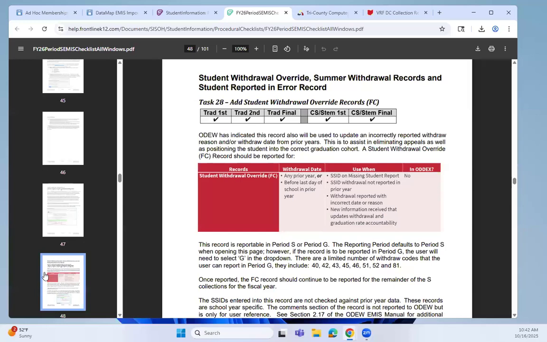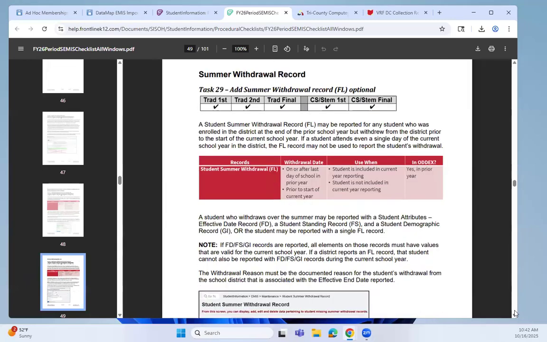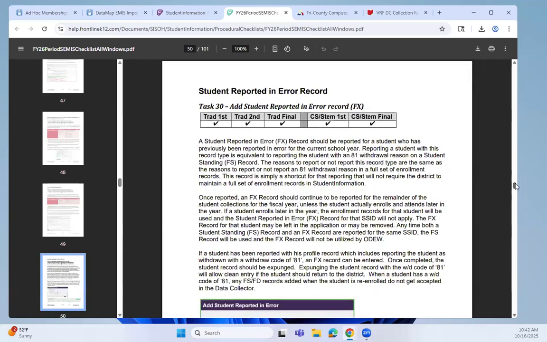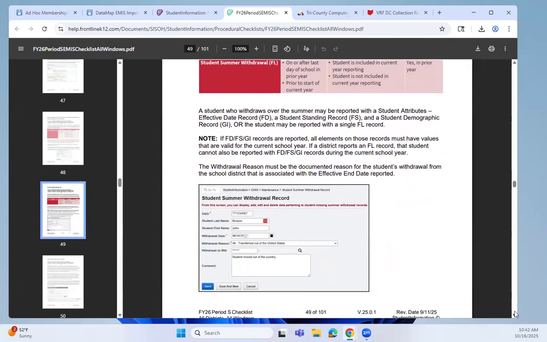So if you go on, this is just a short blurb here, but if you go on to page 20 or 49, I'm back in the 20s again. Oh my gosh. It goes forward to page 49, it tells you summer withdrawal. Add a summer withdrawal record. This is a student that's already sitting in there. Why are you going to withdraw them? And it says there's an actual summer withdrawal record that you can put in. It's right there. Withdrawal date, reason. And so instead of just doing an 81, you may come in here and do the 81 withdrawal right here